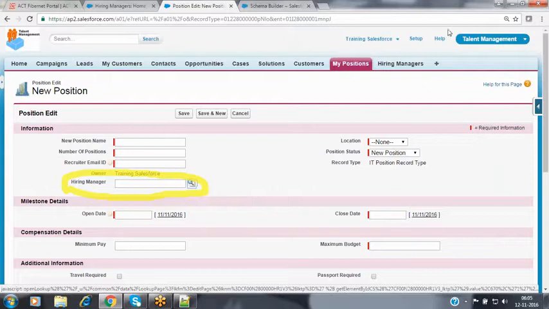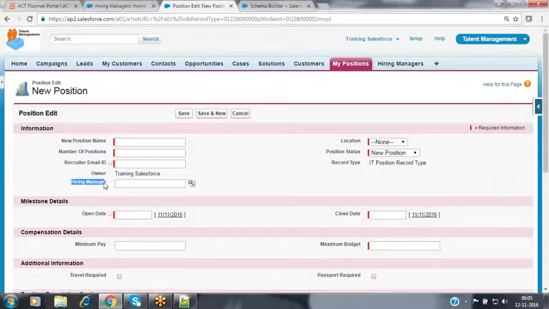Now we will see practically here. I am creating a new position record. Whenever I'm creating a position record, is selecting the hiring manager a mandatory option? No. Why? Because this field is looking like a normal field. When coming to the lookup association, selecting the parent is optional. You may select the parent, you may not select the parent. That's up to you, depends upon your need. While creating that child record inside that lookup association, selecting the parent is not mandatory. We can create that child record without selecting any parent also. That possibility is available to you right now.